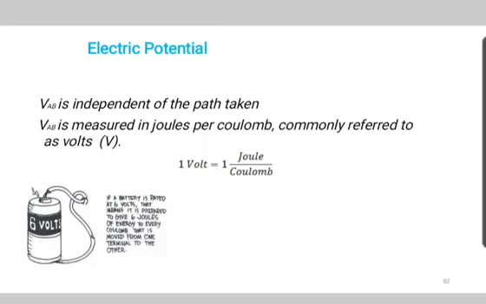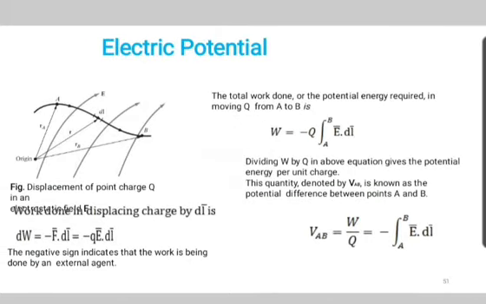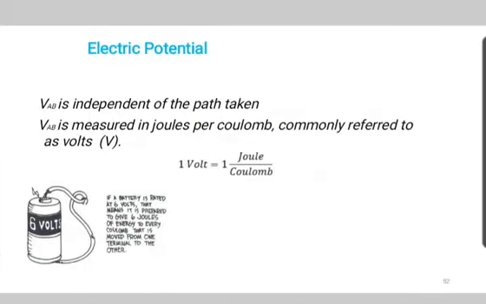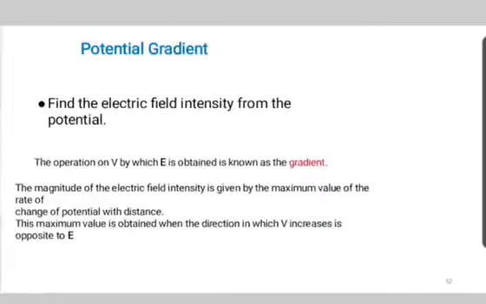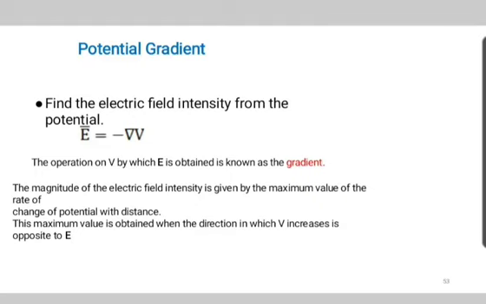VAB is dependent on the path taken, and VAB is measured in joules per coulomb. So 1 volt is 1 joule per coulomb, commonly referred to as a volt. So potential gradient is,